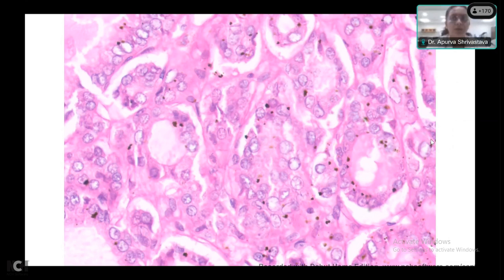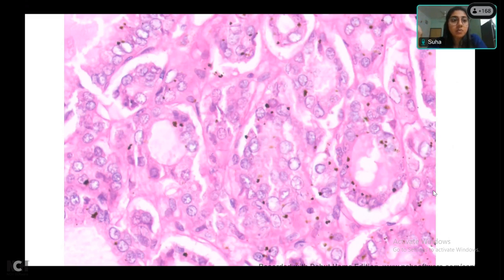We can see capillary pattern. Microfollicular, macrofollicular pattern. So go ahead, what are the patterns? Ma'am: follicular, microfollicles, macrofollicles, papillary pattern, as nests. Then